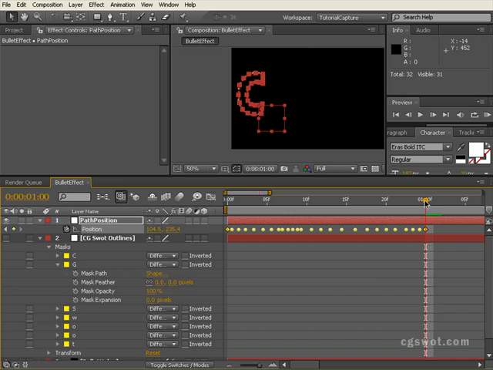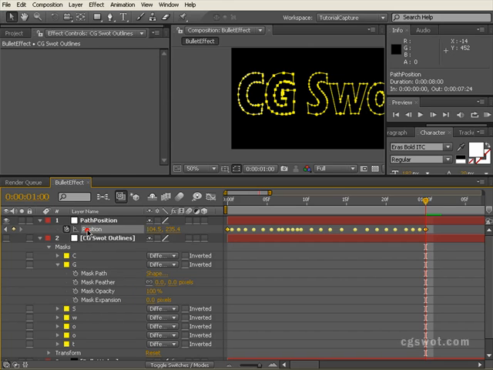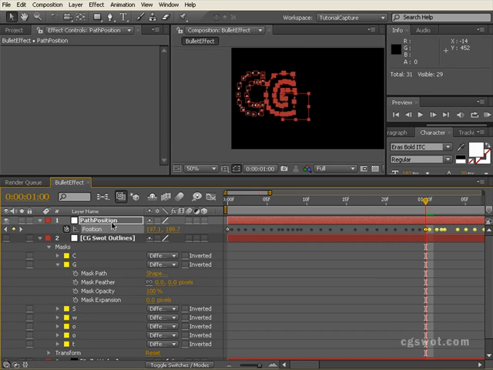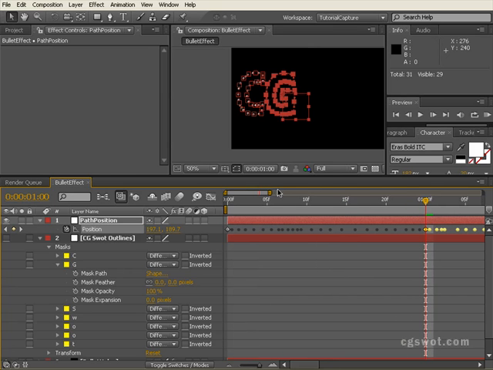So now with the G mask path, we're going to go Control C to copy, and then we're going to highlight the position in the null, Control V to paste, and that's given us our G. And with all of those keyframes we've just copied selected, what we need to do is bring up our